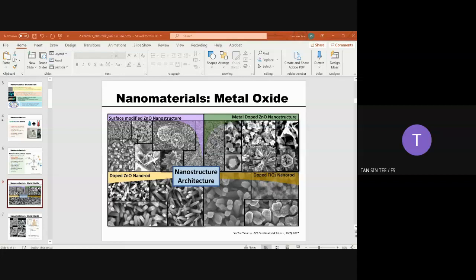So these are two common ones. If you are using PVP, this PVP will bind to the H side of your precursor, being your raw material. When it binds to the H side of your sample, your nanostructure tends to grow vertically, right, Dr. Hisham? So you will get a nanostructure like the bottom images here, the zinc oxide nanorod.